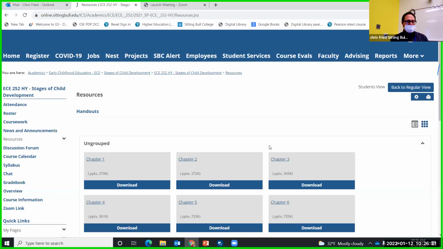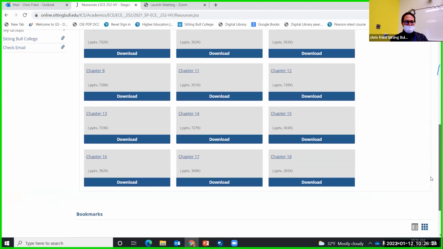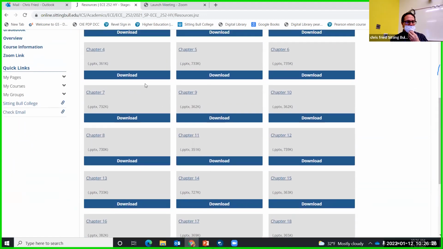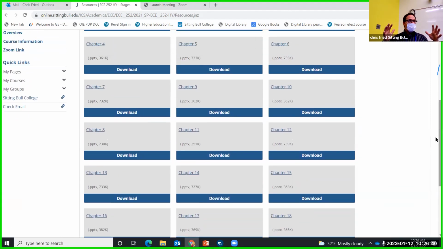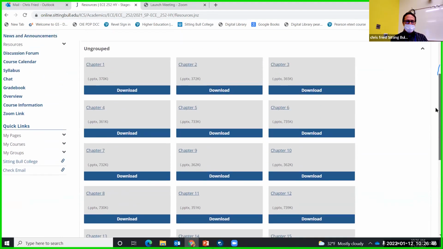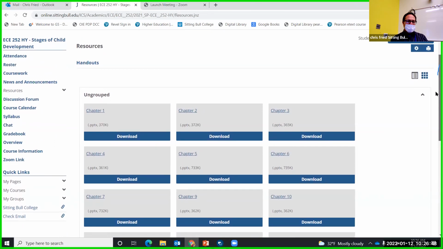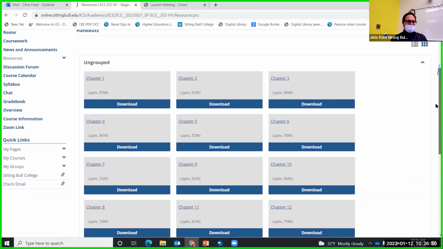Then under resources, the other tab that I use quite a bit right now, I have all the PowerPoints in there. As we go through the class, maybe I have an article, or a video I use or share, it will all be put in here under the resources tab. And all the videos that I record of in-class stuff will go here as well. I always email it out to everybody too, so it's in multiple places for you to have. But right now, I just have the PowerPoints in here.